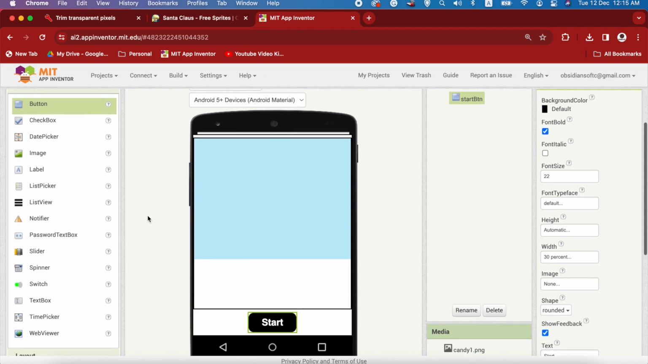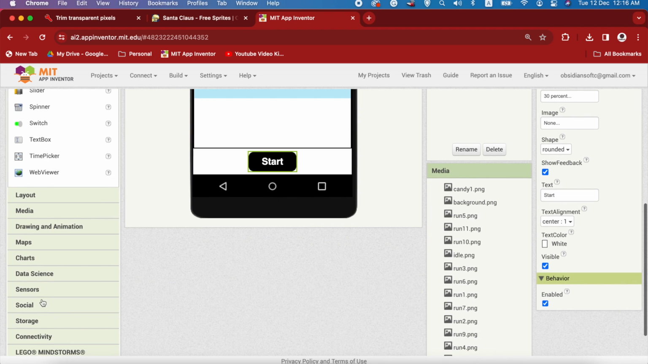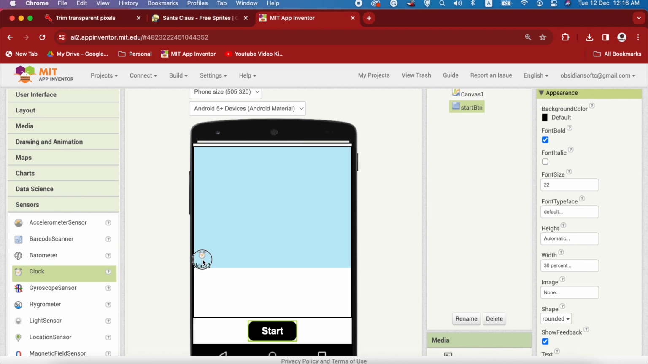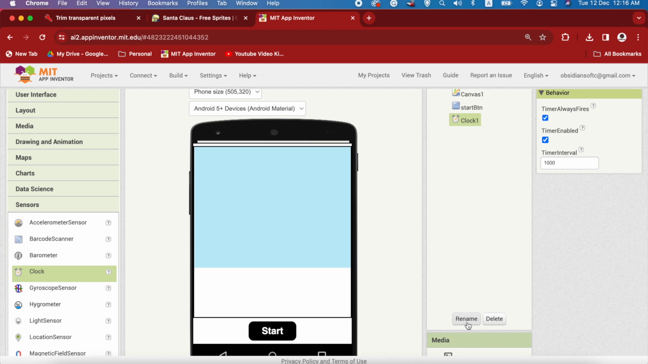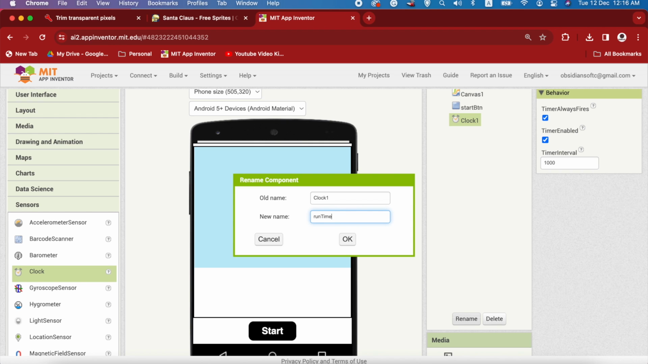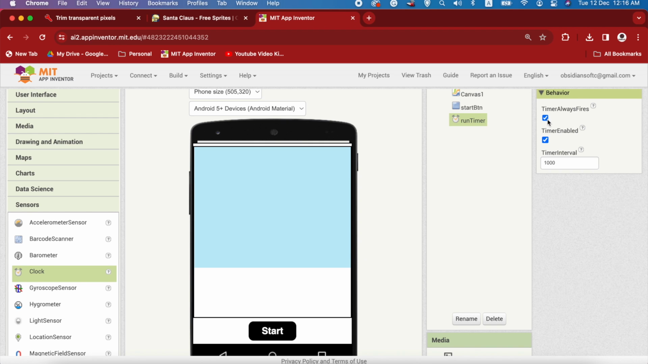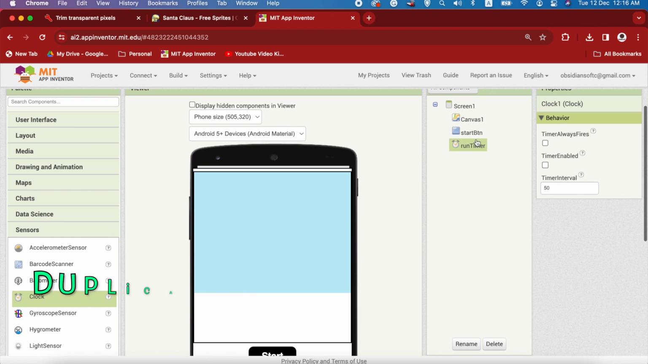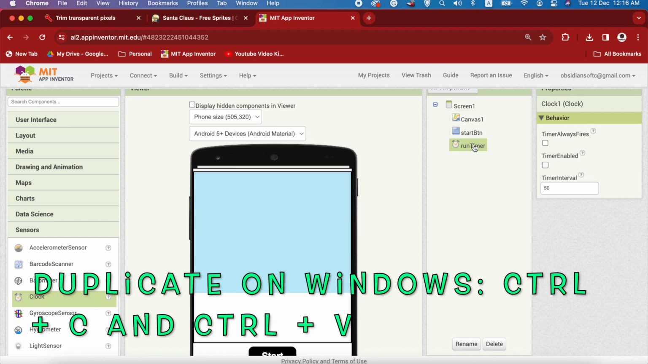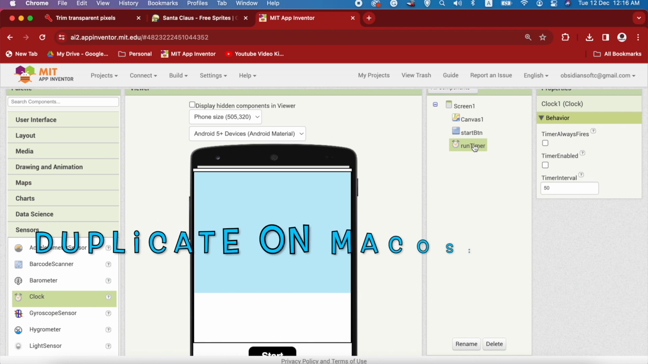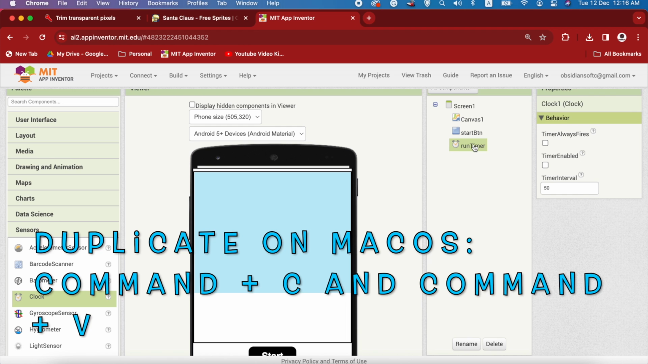From sensors, drag and drop a clock sensor, rename to run timer, turn off timer always fires and timer enabled, and make the timer interval to 50, which is in milliseconds. Okay, this is for our running animation of Santa. Now select it and duplicate it by pressing Ctrl+C, Ctrl+V for Windows and Command+C, Command+V for